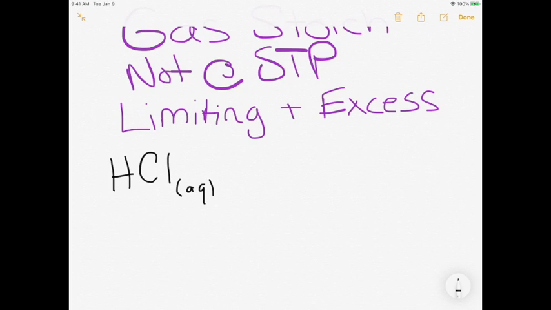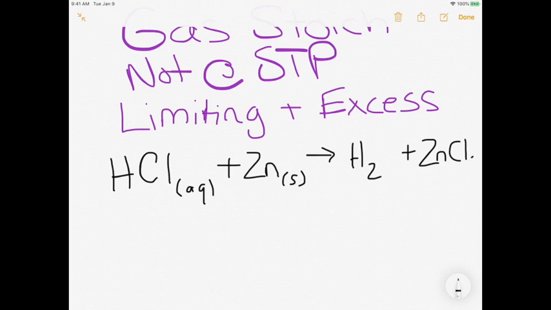All right, so we're starting with hydrochloric acid, and if we add zinc, which is a solid metal, one of the products that zinc can produce is hydrogen gas and zinc chloride. Zinc chloride would be our aqueous solution, and hydrogen is a gas. So if we were wanting to find out how much hydrogen gas we can make,